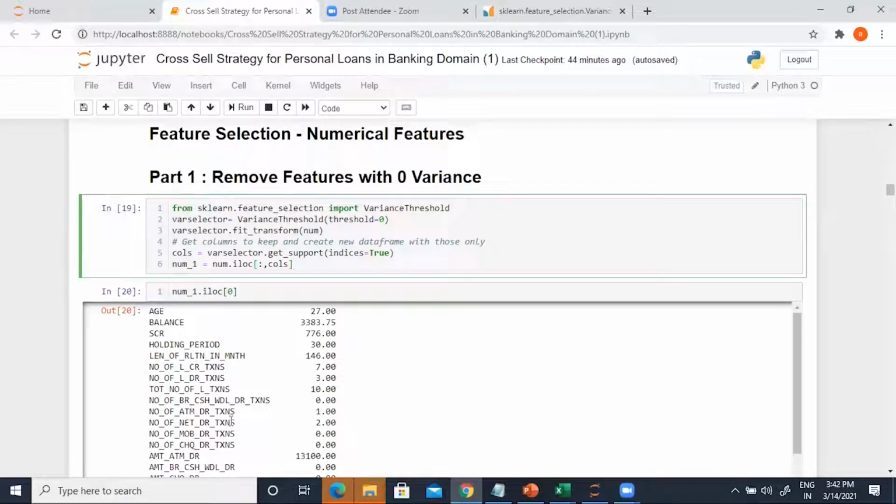It's better to do it this way, where you can use iloc and select only those column indices which are above the zero threshold. Okay, so the method should not be a problem for all of you.